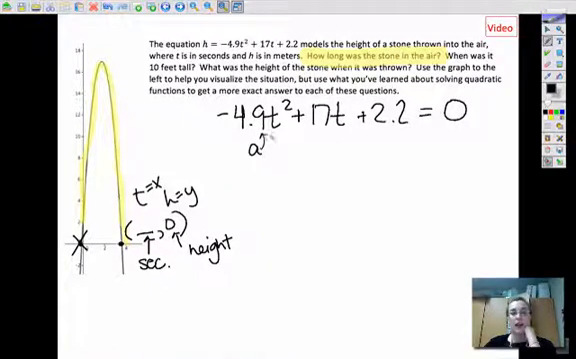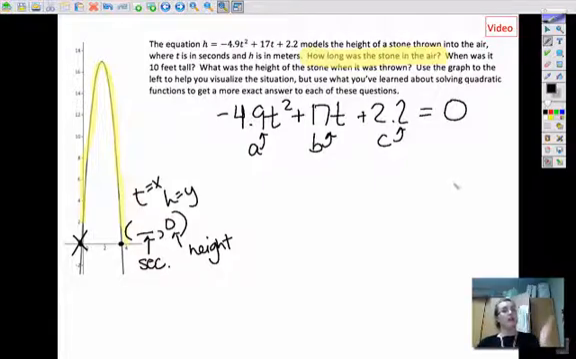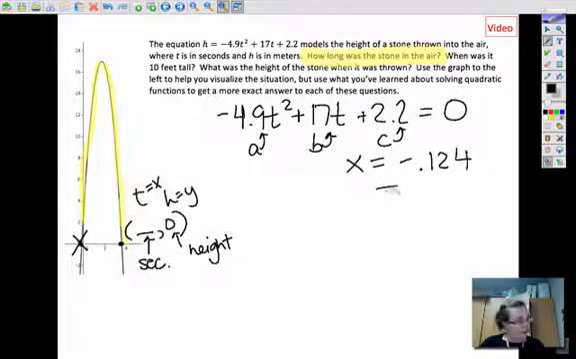I'm going to use A, B, and C. And just like in the last example, I went ahead and did the work already so that you guys don't have to sit through that. If you need help with the quadratic formula, you're going to have to go back and watch that quadratic formula video or ask me for some help. So once I calculated that out, I got two solutions. I got x equals negative 0.124 and positive